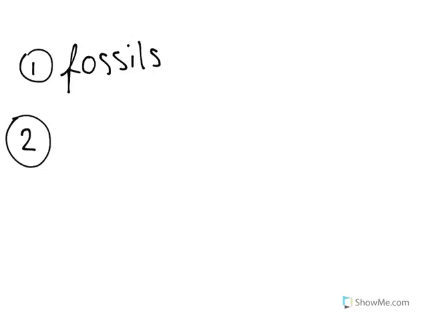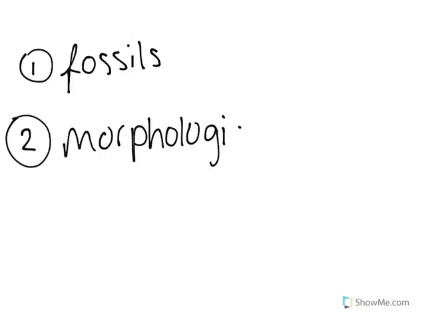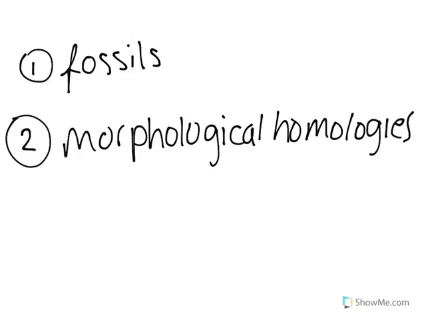The second type of evidence for evolution is morphological homologies. So this would basically include anything that is a structural similarity between one species to another. So one example of this would be that the arrangement of bones within the human arm is very similar to the arrangement of bones in the forelimbs of a mammal, which is also very similar to the arrangement of bones in bird wings. So just all of these similarities show morphological homologies,